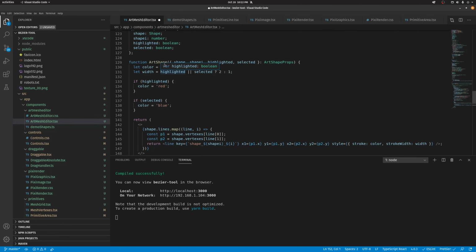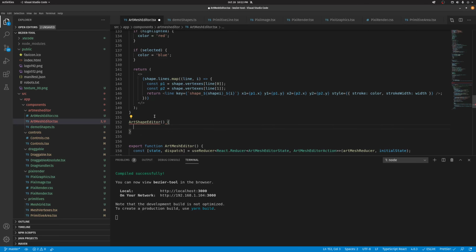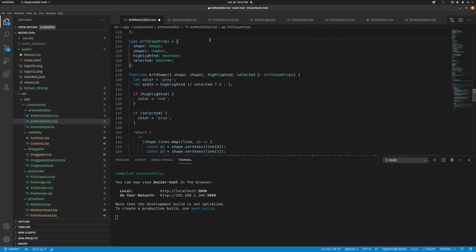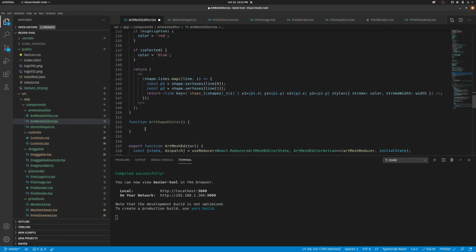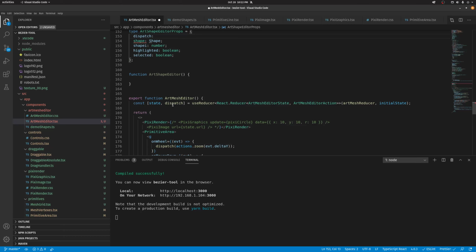So I need one of these that's editable. And then when they're selected, art shape editor. Yeah. And then be able to move each one of the vertices. I'll need the dispatch function passed up to it as well. Art shape editor props. And I need to pass dispatch, and that dispatch will be,